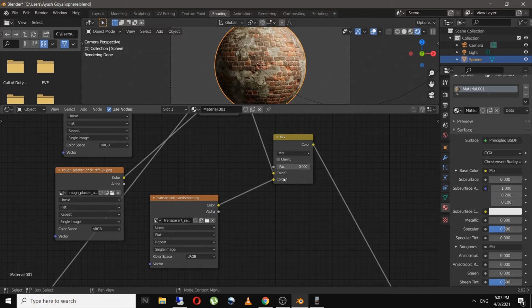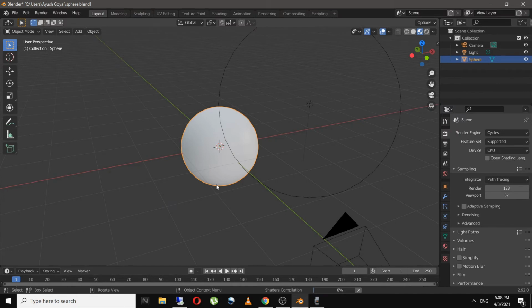And this factor will be controlled by this alpha. So I will select this like this. So as you can see, we have the border in between our sphere.